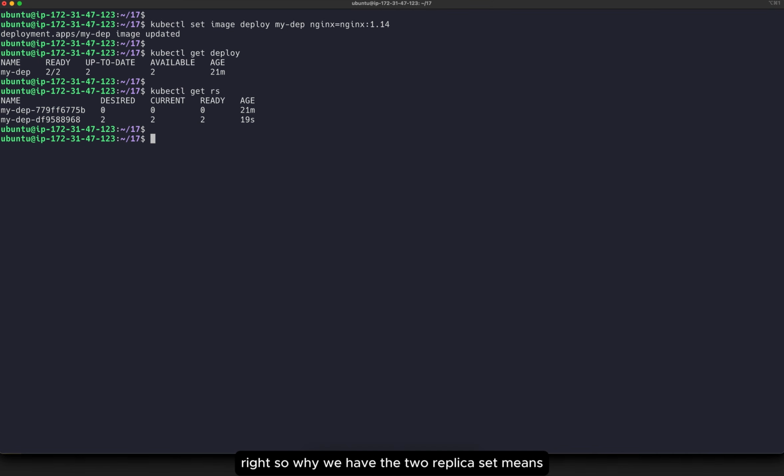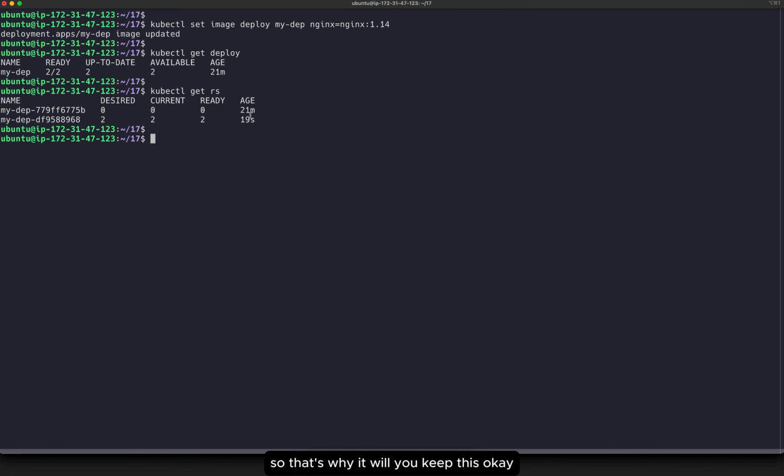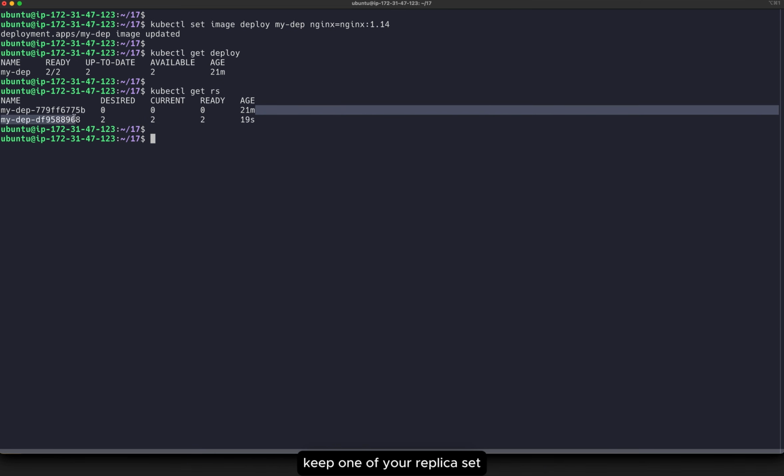Why do we have two replica sets? See, this one is 0 0, so this is the old replica set. Kubernetes will keep that one also, because if you don't like the changes to 1.14 and you want to go back again,